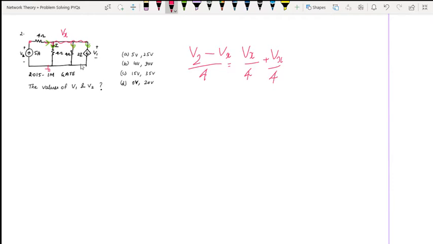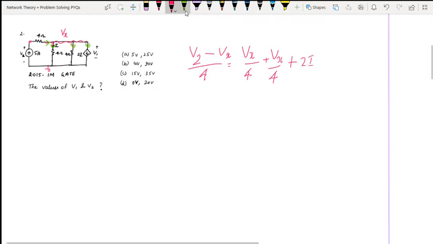And for this branch we don't have a resistor, so we can't use the V by R formula, but this is a current source, so I can say the value of the current is the value of the current coming down, so it should be 2I. So I've written it in terms of I.